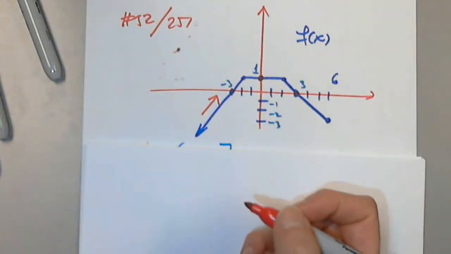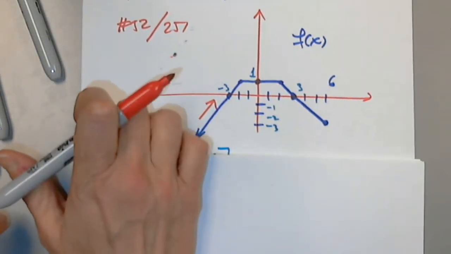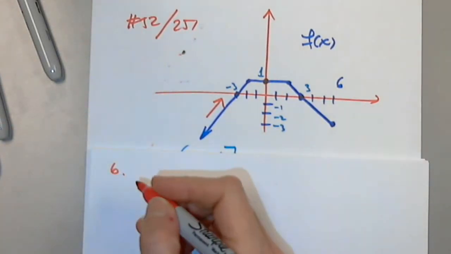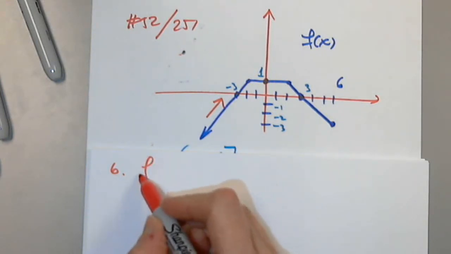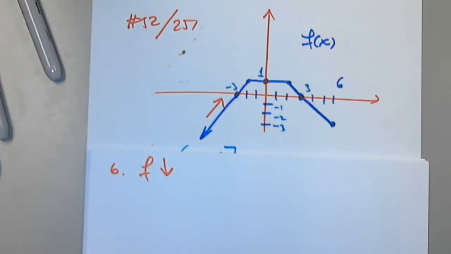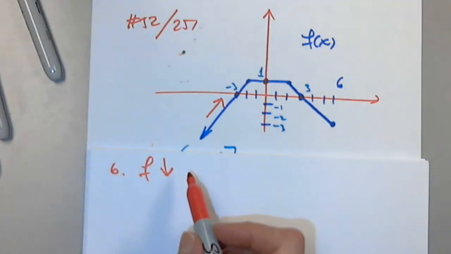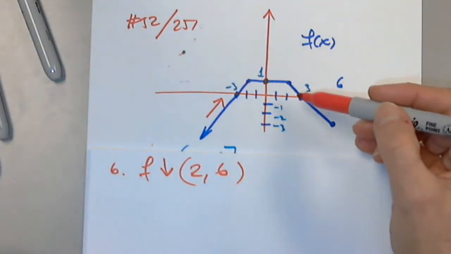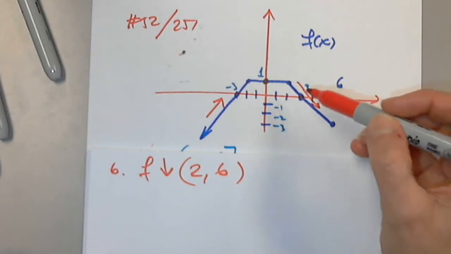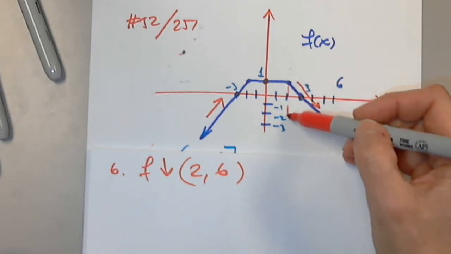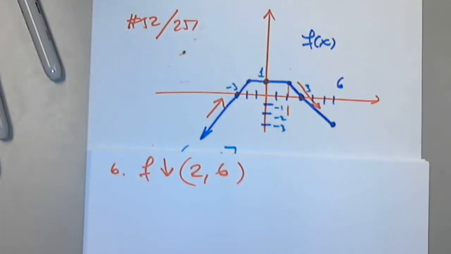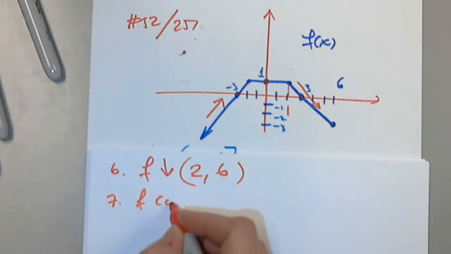So you can see, where was I? 6. Yes. Intervals on which the function is decreasing. From 2 to 6. Very good. So the function is decreasing for x values between 2 and 6. Acceptable? Okay. Next, 7. F constant on